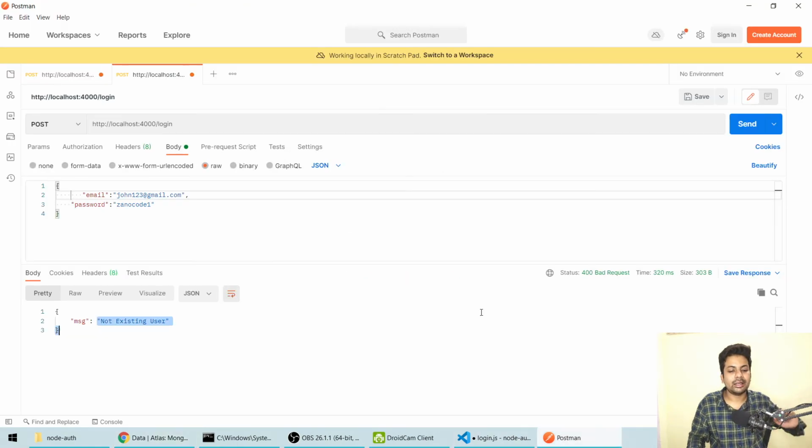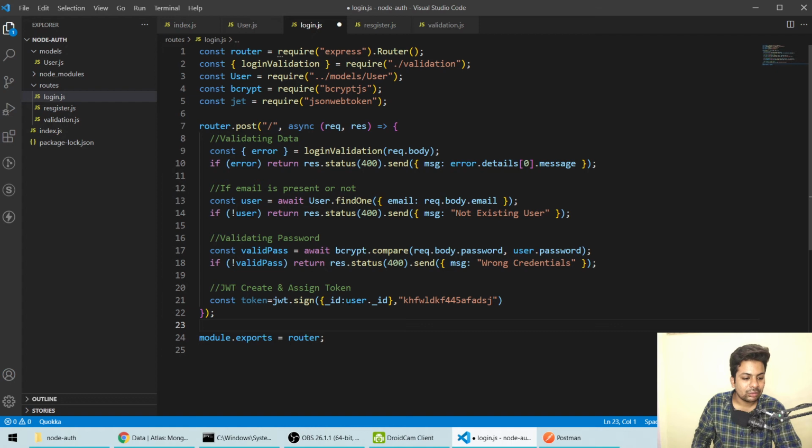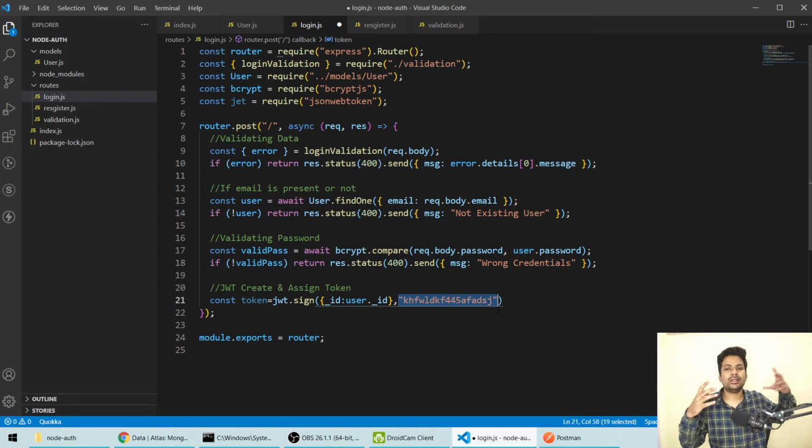Everyone has a unique id that is created by MongoDB only. So we are using user dot id and saving it in an object called id. And then we are making a random string, anything that is used to encrypt the details with the user id, and this will create a token.